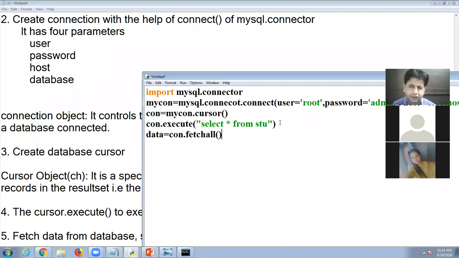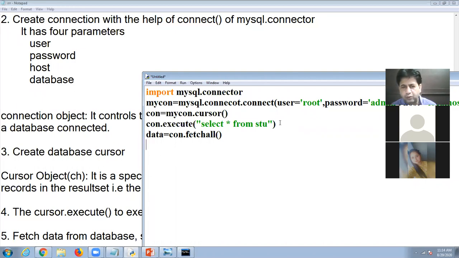There are different functions: fetchall, fetchone, where fetchone will retrieve only one record, and fetchmany, which will fetch the number of records as per the number given by the user. Suppose fetchmany 5, so the user can get only 5 records.